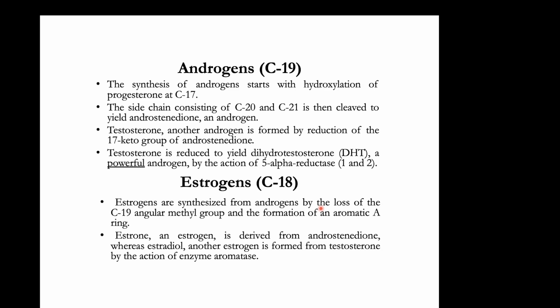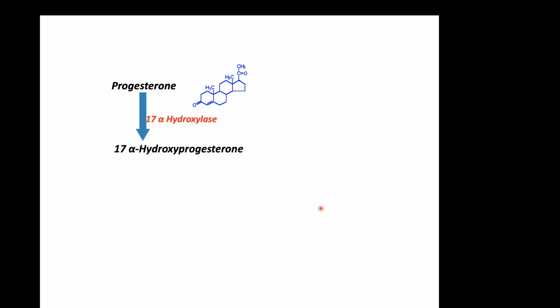Now we will look at all these reactions in a single slide, how all these reactions take place, and all these androgens and estrogens being synthesized from progesterone. So progesterone, first of all, there will be 17 alpha hydroxylation, that will lead to synthesis of 17 alpha hydroxyprogesterone, and then it will lead to synthesis of androstenedione, and then androstenedione will lead to, after a cleavage of one carbon,